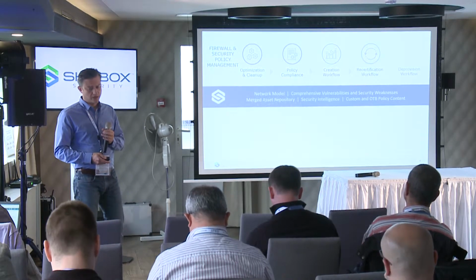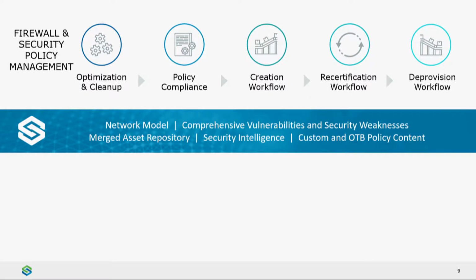So how is it working? If we are talking about a firewall and security policy management, so the basic stuff starting from optimization and cleanup. Our devices have a life cycle, and as most IT or networking guys will say, it's working, don't touch, and this is happening all the time. So the device suddenly has 2,000, 3,000, 8,000 rules, and nobody has any idea why. Okay, so the first thing is optimization and cleanup.